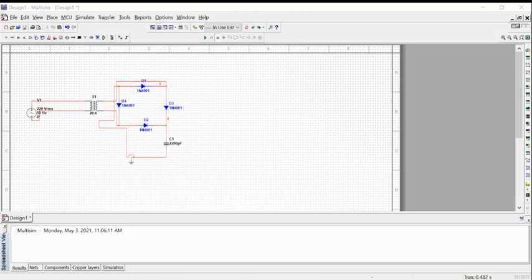This is the time step. You can also define it, or you can generate it automatically without any problem. Now when you go to the output, output means what you want to check at the output of this node point. Here are the options, like current across diode 1, 2, 3, or power across capacitor 1 or diode 1.